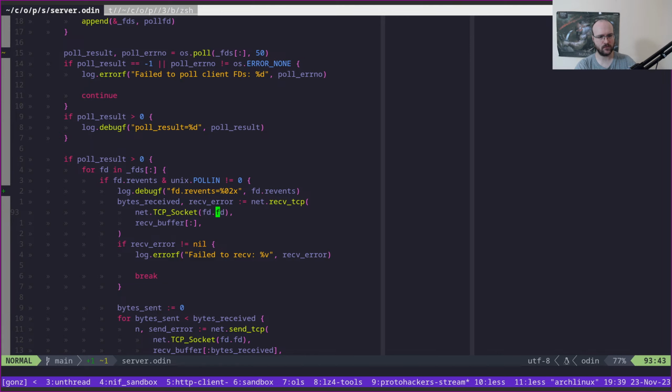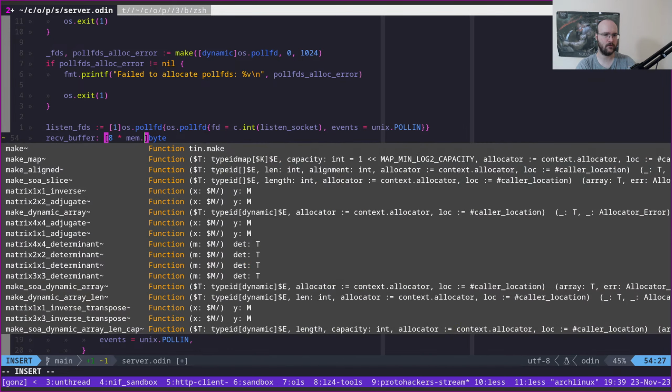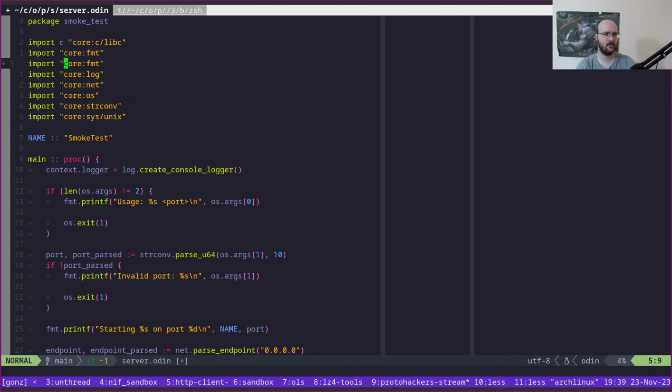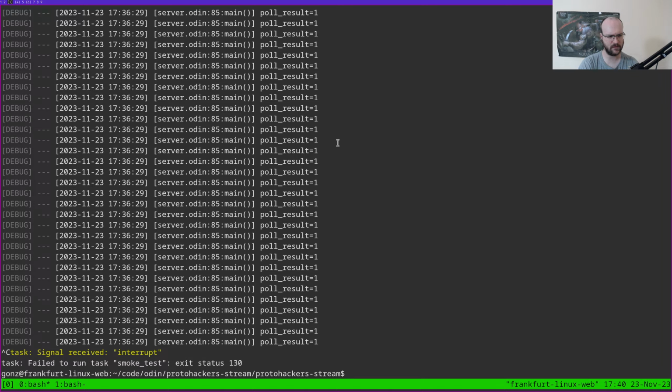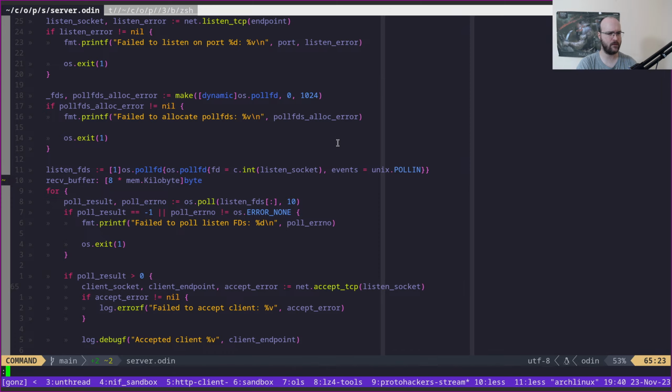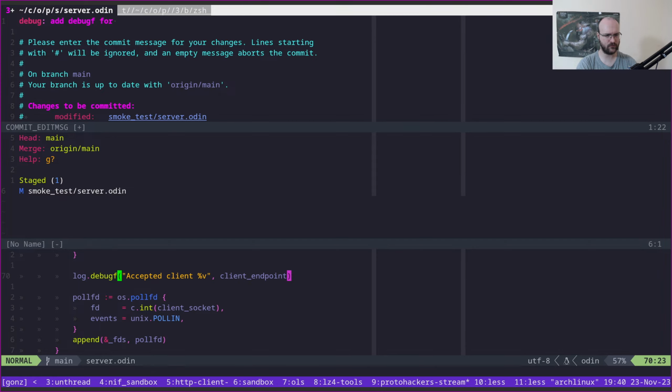Let's see here, receive TCP, sure, we're receiving this into receive buffer, which is currently this large. I'm assuming the first message that's being sent is not going to be, you know, we could of course say here 8 kilobytes, something like this we could do, right? But I think it's a little bit odd that the previous smoke test version also failed. That seems a little bit strange somehow, right? Maybe I'm wrong, I don't know. Debug. What did I add? I added the debug if for